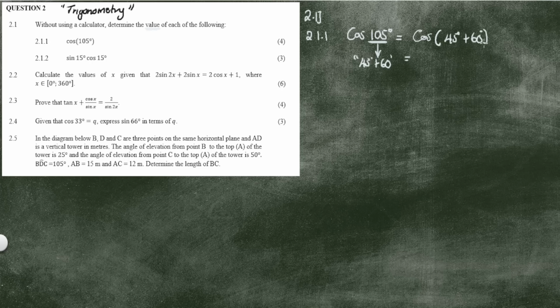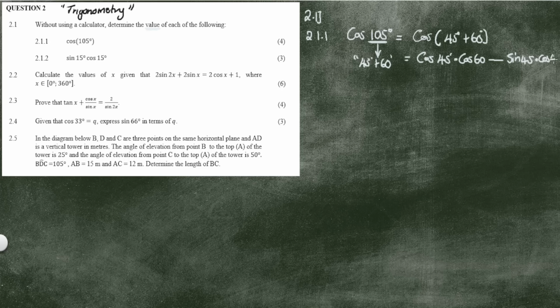Using the compound angle formula for cos, we can expand this to cos 45 multiplied by cos 60, then it changes sign, minus sine 45